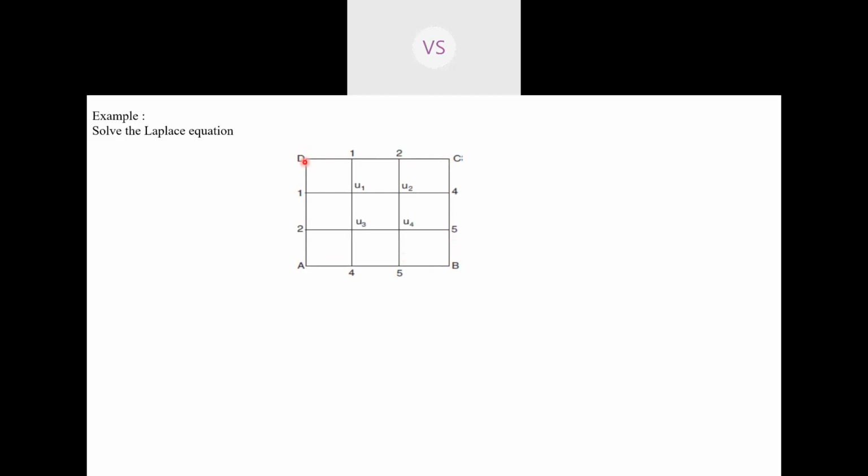Suppose you know the temperature at the boundary of the square plate, say 100 on all the sides. If you are asked to find the intermediate temperature at different points, you can obtain it in this way. So you are asked to find it at 4 different points: u1, u2, u3, u4. You can obtain the temperature at these points if you know the temperature at the boundaries. Problems like these we can solve by using the finite difference method.